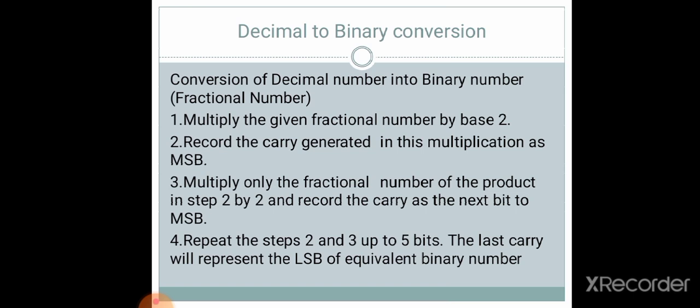In previous lecture the number is only integer number, not fractional number. Not fractional part is available in that number. Only 105 decimal number we have taken. For that decimal number we have divided the number with base of 2. So for fractional number we are going to multiply with 2, and for integer number, we have taken the division with 2. Keep in mind this difference, how to do the conversion with only decimal number and how to do the conversion for fractional number, right?